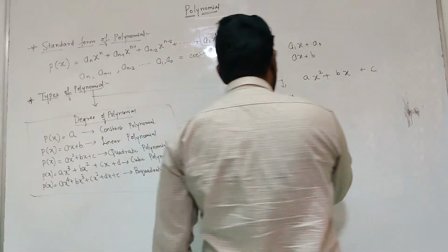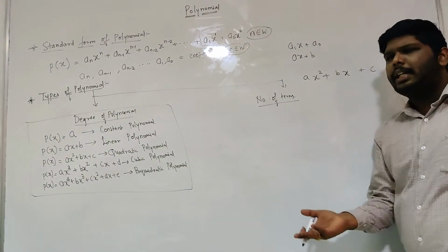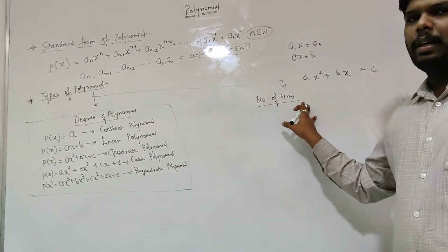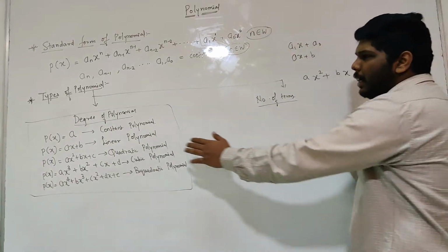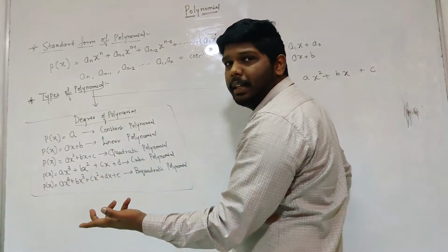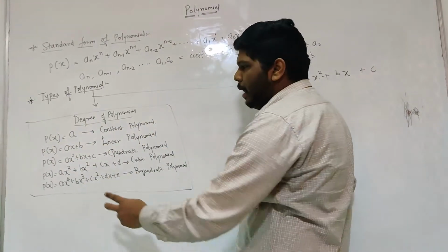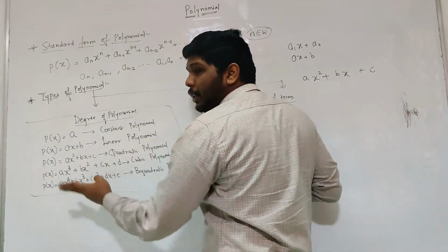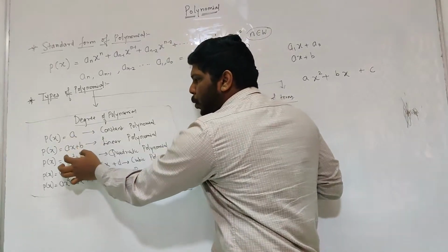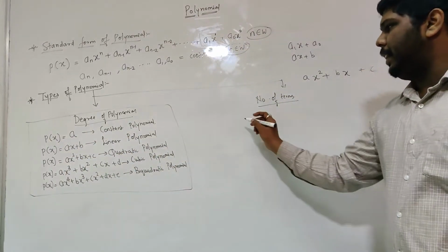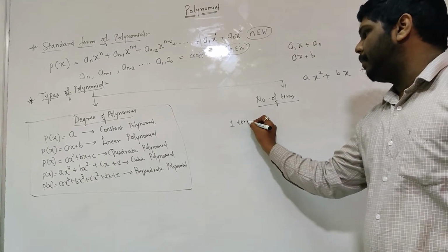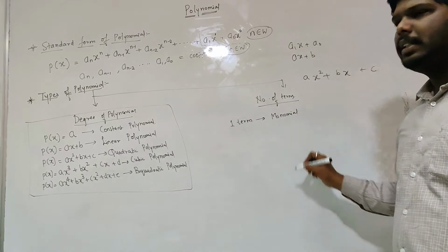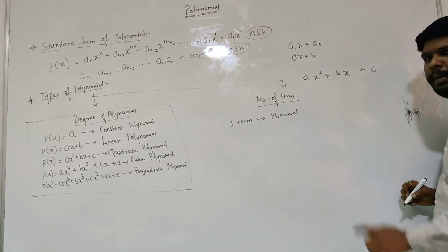Now let us try to understand the second type of classification. Now this classification is actually very easy. You have already studied it in grade 8 or grade 7 also, right? So number of terms, when I say number of terms, if I consider a linear polynomial, here if I ask you how many terms are there, you will say sir, only one term is there, correct? But here if I ask you how many terms are there, you will say there are 2 terms. Similarly in the third, there are 3 terms, right? So basically 1 term, 2 terms, 3 terms. So in any expression, if I say only 1 term is there, correct, that is called a monomial. Mono means 1 and mial means term, so 1 term means monomial.